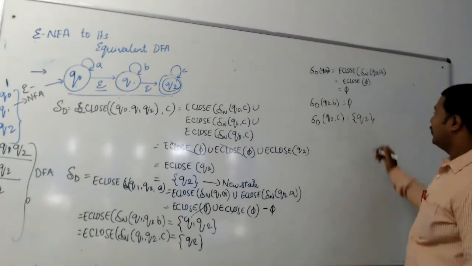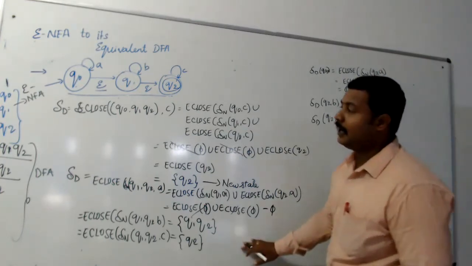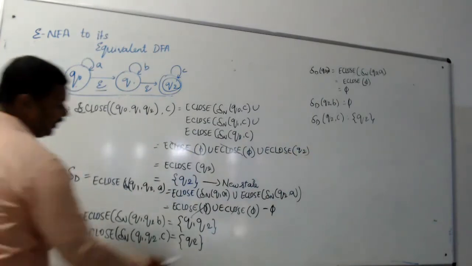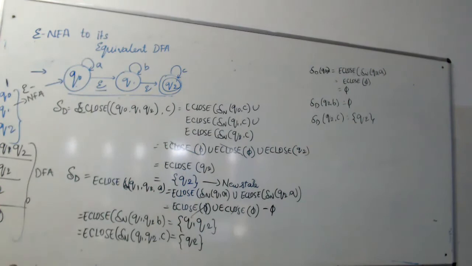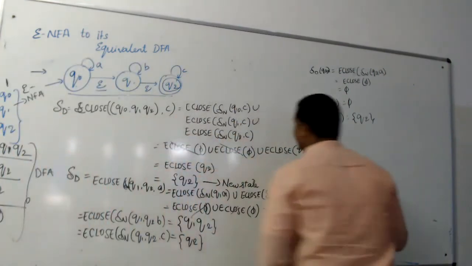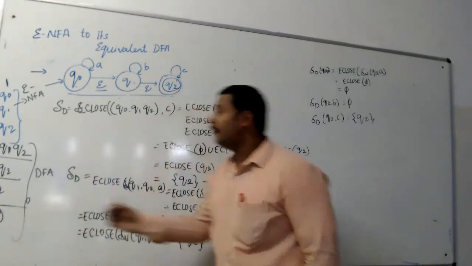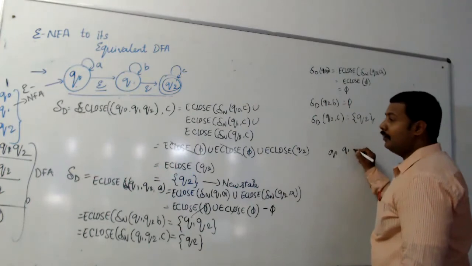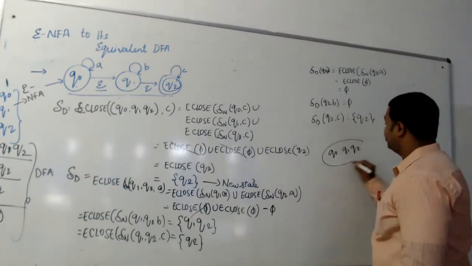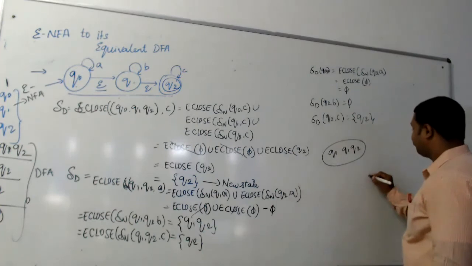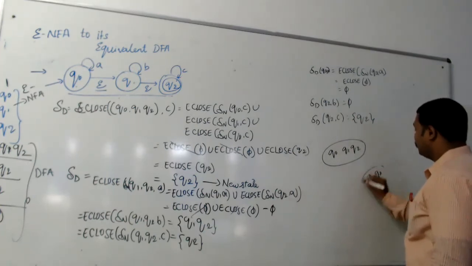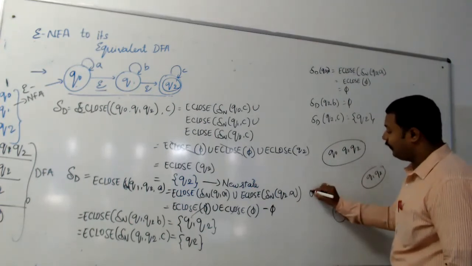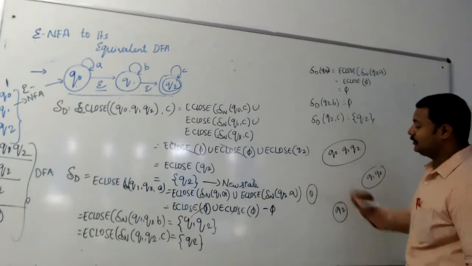So here, all the states that I am finding, I already found as new states. Here, one more new state you can create is phi. In phi only, phi and phi again. So the equivalent DFA has got 4 different new states. I'll write Q0, Q1, Q2 is one of my states. Next, Q1, Q2, one more state. Q2, one more state, and phi, one more state. And phi is called a dead state.